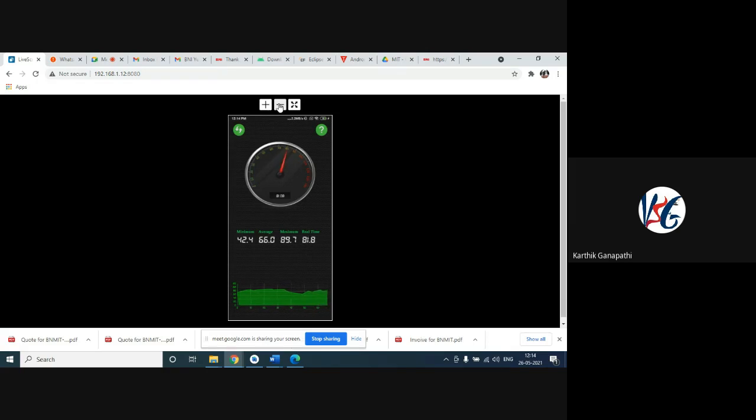So this is the decibel meter. It will calculate the sound in the surroundings, whether it is within the permissible range of sound or whether it is exceeding the limit that we can calculate here. Here itself we can see the minimum, average, maximum, and real time. Real time, because I'm just talking to you, it is showing the real-time decibel calculation. So this is one of the applications.